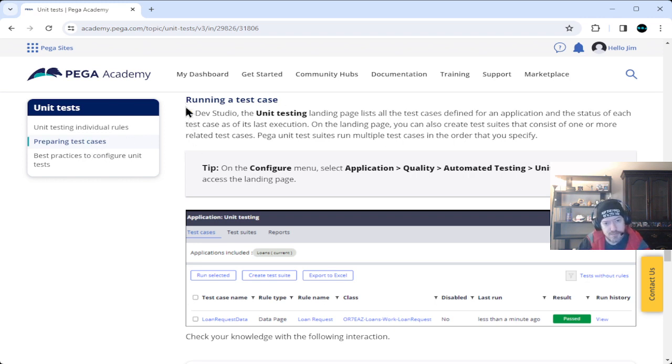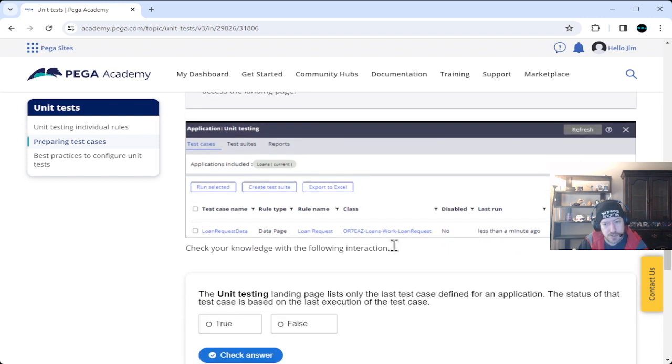Running a test case. In Dev Studio, the unit testing landing page lists all the test cases defined for an application and the status of each test case as of its last execution. On a landing page, you can also create test suites that consist of one or more related test cases. Pega unit test suites run multiple test cases in the order that you specify. On the Configure menu, select Application, Quality, Automated Testing, Unit Testing to access the landing page. So there's the landing page, and